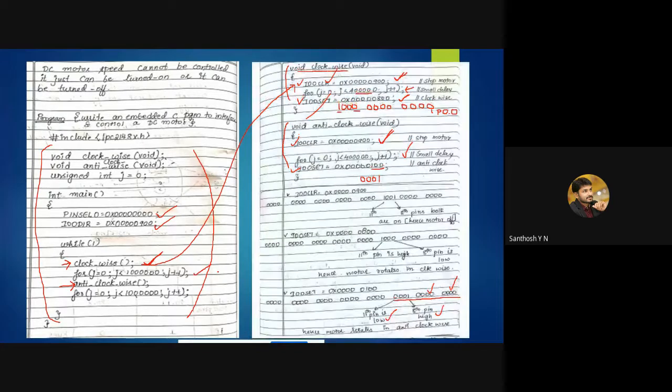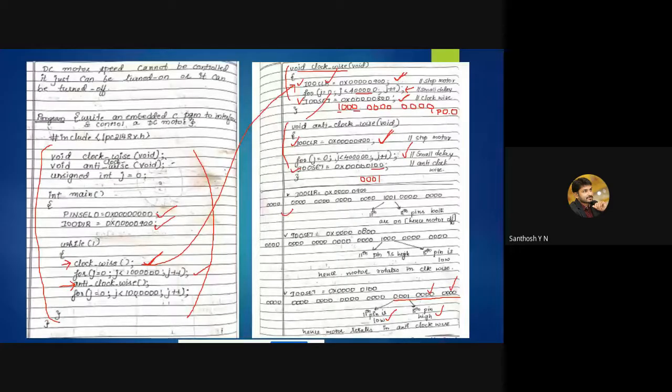Do you have any doubts regarding the logic of this DC motor? I'll just give a single minute. For your easy understanding, I've written it here.